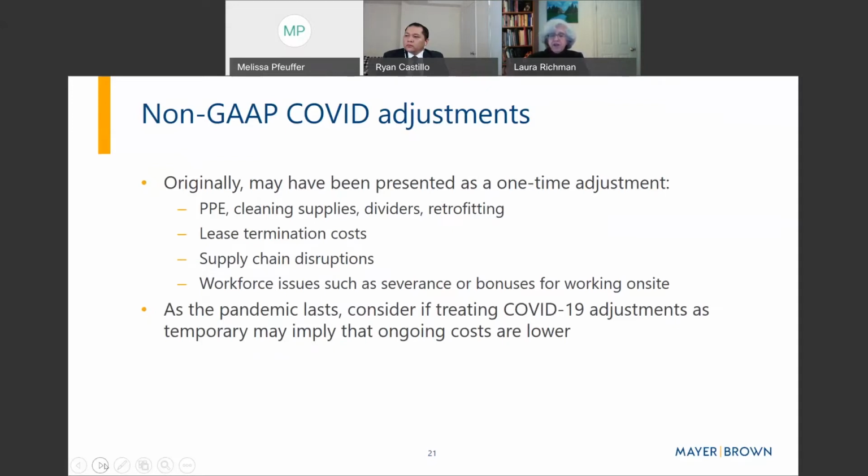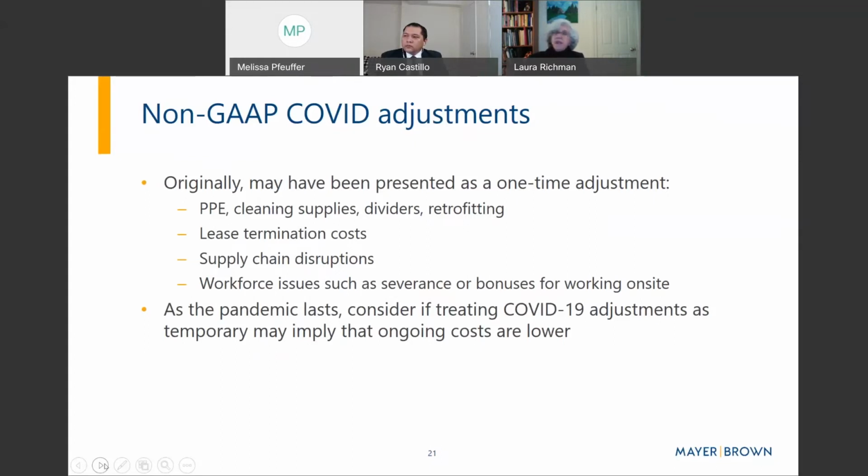You also need to determine if it's in fact appropriate to describe an adjustment as attributable to COVID, and consider whether you have a basis for presenting the adjustment as an actual amount, or do you only have a hypothetical amount that you're disclosing. In other words, can you quantify the adjustment? And is it incremental to normal operations? You also should consider whether the COVID non-GAAP adjustments give the full picture of the pandemic's impact on the company. You might have to have additional discussion in the MD&A or a business description to provide further context.